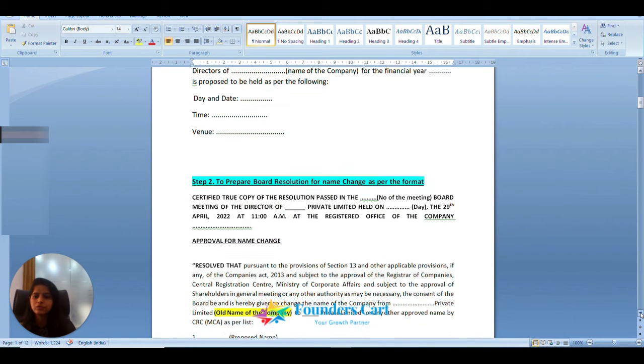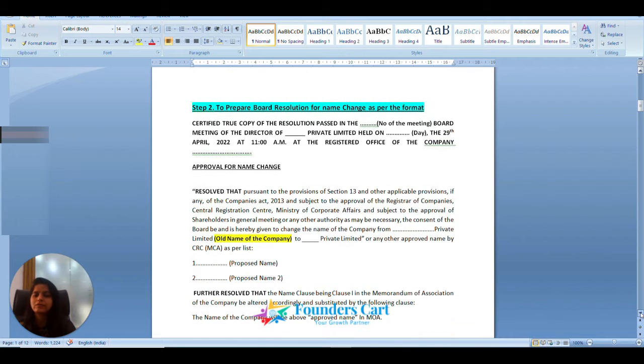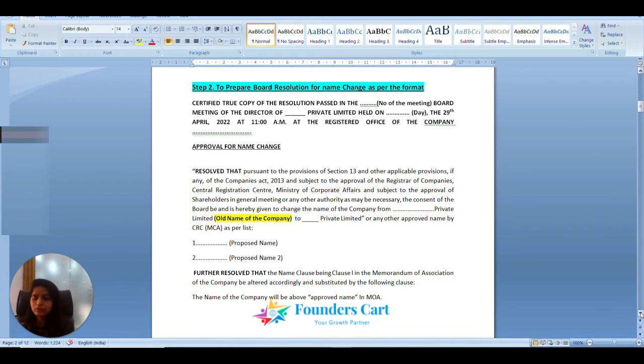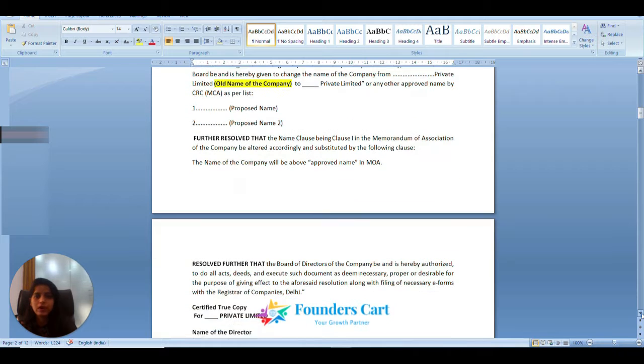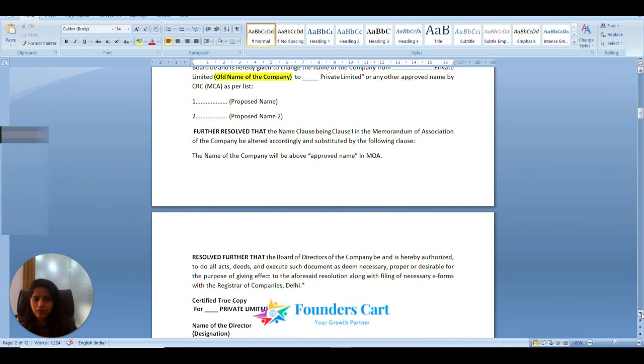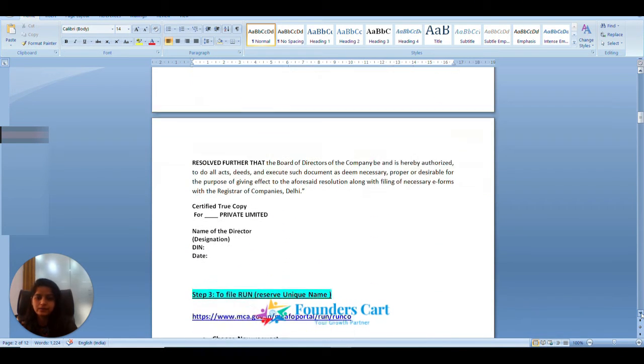After that, you have to conduct the board meeting, and after conducting the board meeting you have to check the quorum of the meeting. If proper quorum is present, then you have to move the resolution for the approval of change of the name of the company with shareholder approval, and also issue a notice to the shareholders meeting and assign a person to sign the notice of the EGM to call. Now you have to pass the resolution according to this format. After that, you have to call